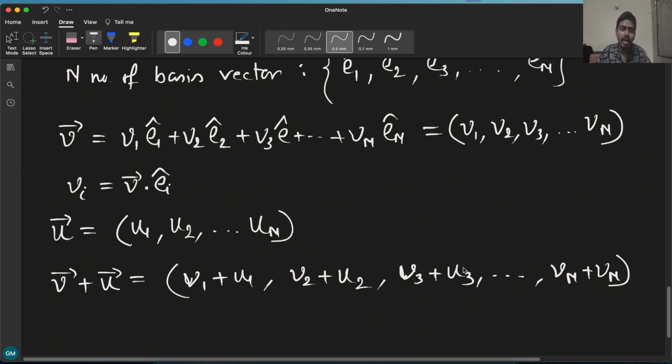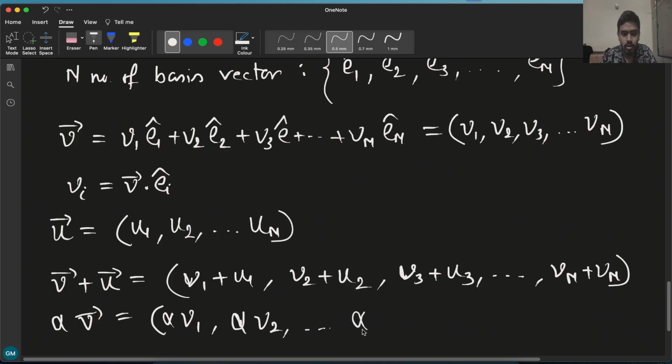Similarly, the scalar multiplication that we will write as, for example, if I multiply it with alpha, then alpha v will be alpha v1, alpha v2, dot dot dot, alpha vn. Okay,